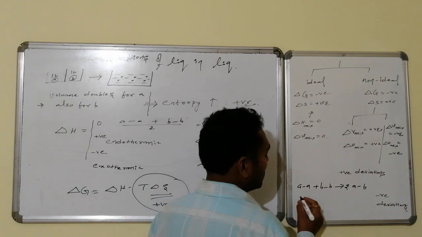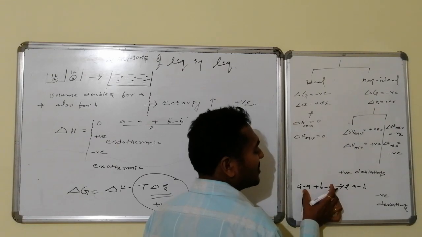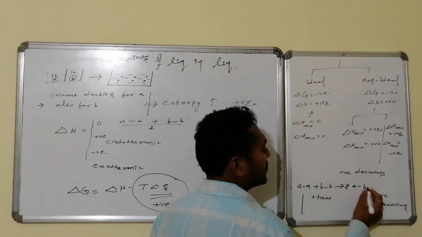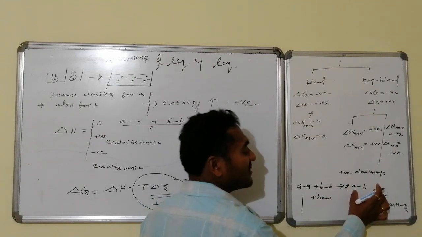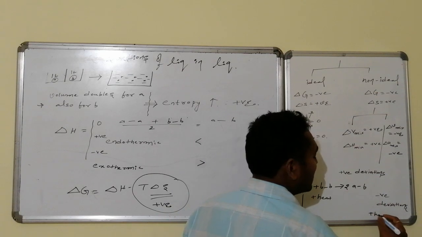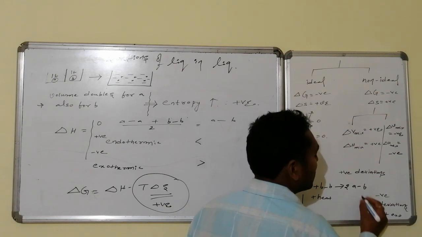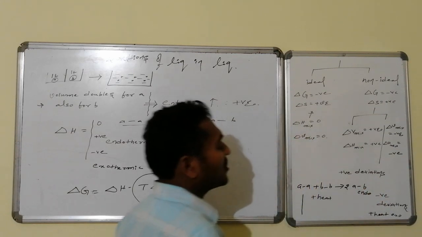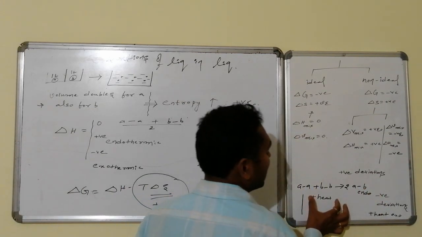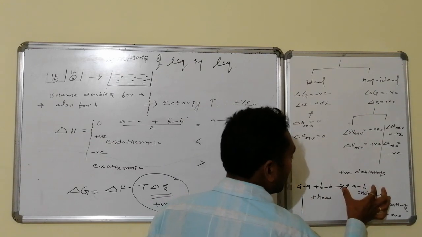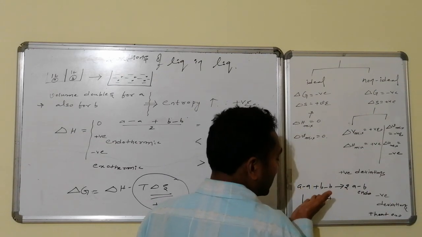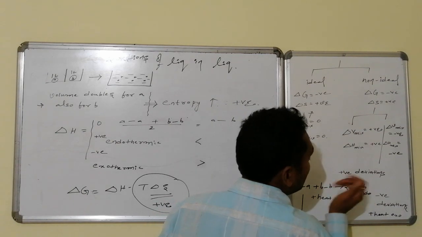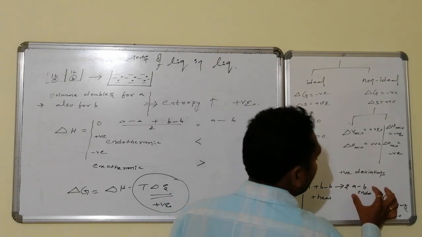So there are two cases. Suppose it is strong; to break this it requires energy, so plus heat it is converted to product. Whereas if this is very strong, then it liberates heat energy and this process is said to be an exothermic process, and this process is said to be an endothermic process. So here heat energy is required, which implies what? This bond energy requires heat energy, meaning it is very strong, whereas this is weak. This is positive deviation.